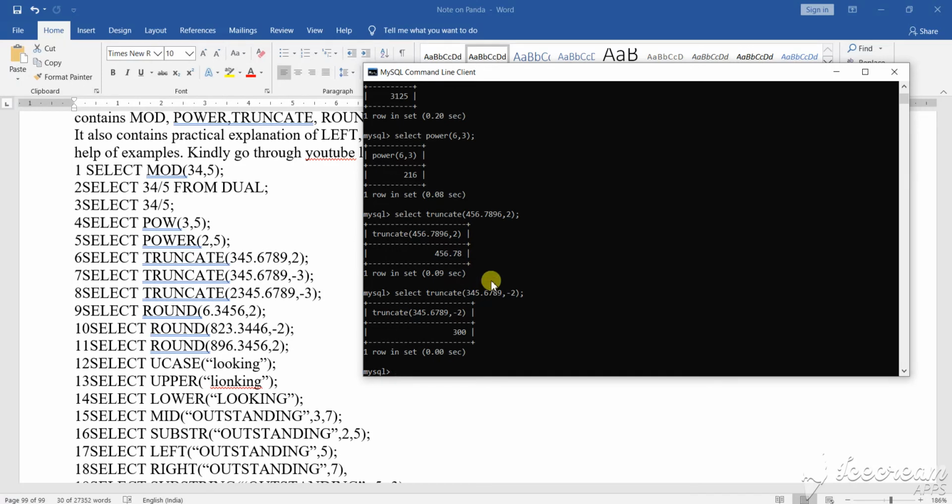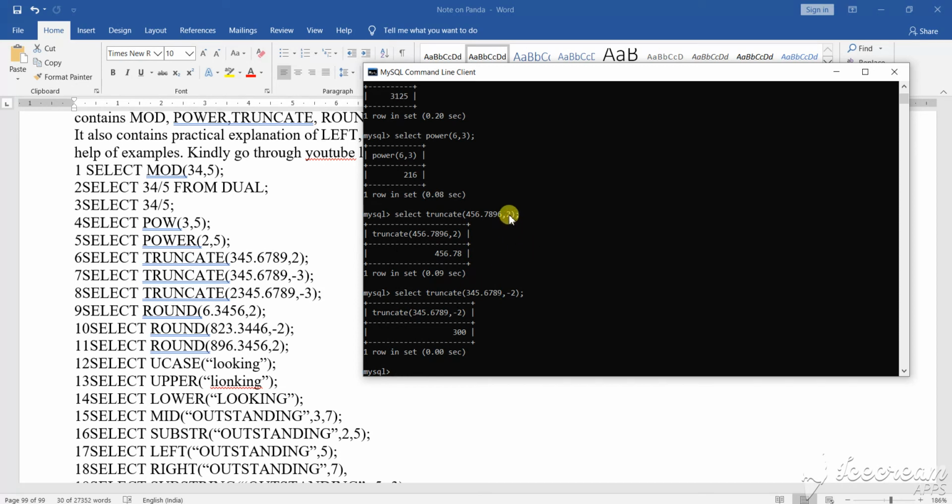Clear? So this is the trunc function or truncate function, whatever you say. Now the power function, that you can also write as POW or POWER, and the truncate function you can write in this particular manner and utilize. So this is how truncating works.